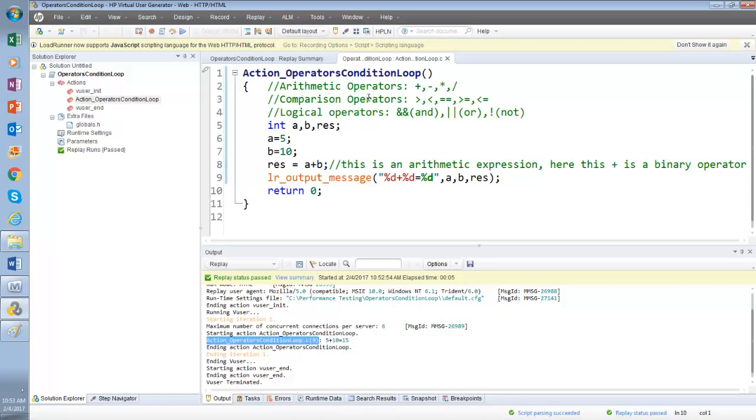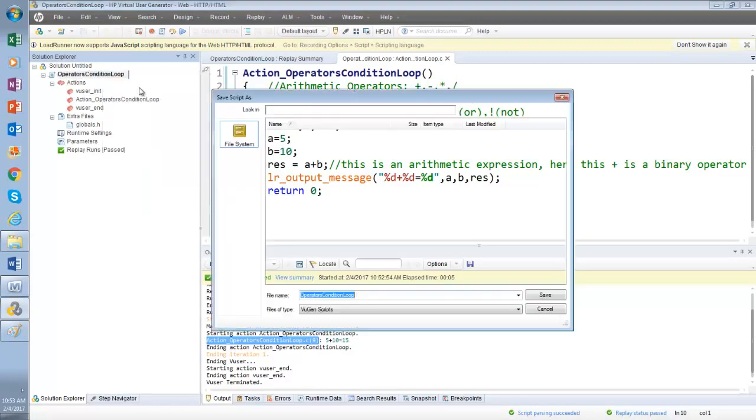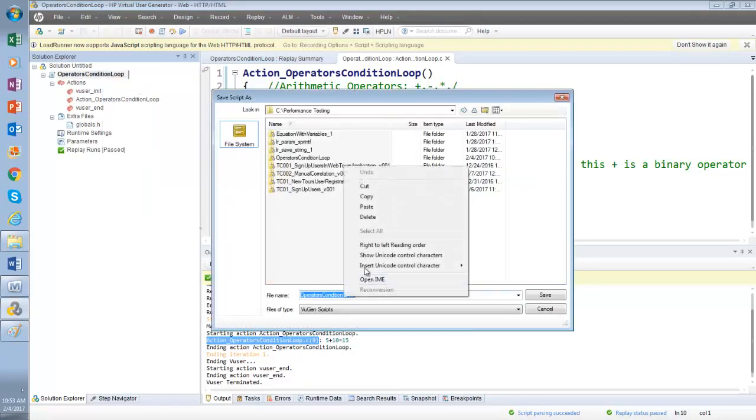Let me bring comparison operator. One more time, like, you went to file and then, which one, to change the name? Right click. I want to give a name related to this one, operators condition loop. So you can copy this name or you can type it. You can right click here, rename, and type whatever is there. Otherwise, if you do not want to type, you right click and click save script as, and then you copy it from here.